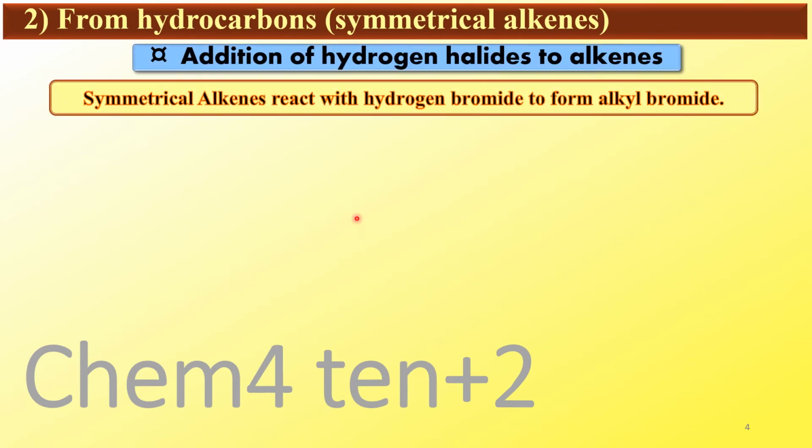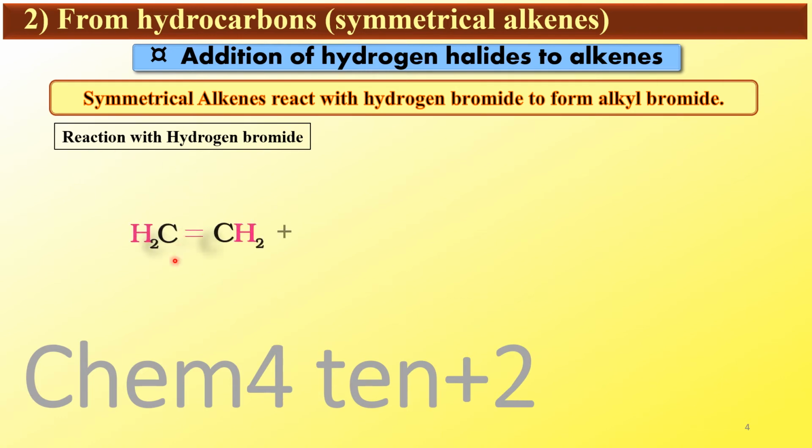Here we are going to see the addition of hydrogen halide to alkenes. The hydrogen halide used here is hydrogen bromide. So symmetrical alkenes react with hydrogen bromide to form alkyl bromides. Now let's see reaction with hydrogen bromide. Here we find CH2 double bond CH2. This is